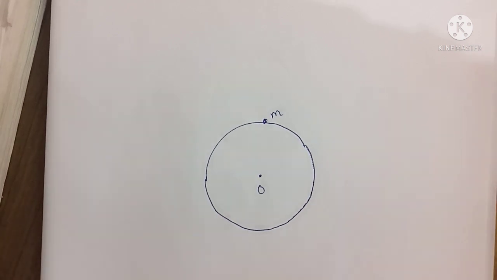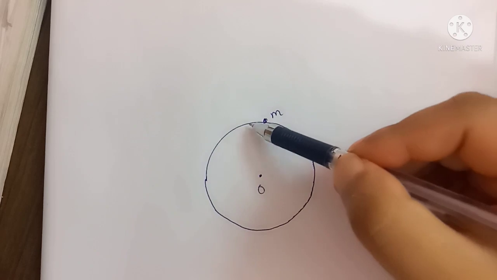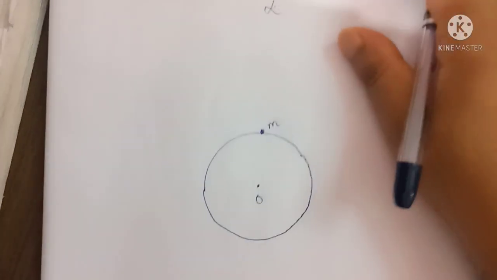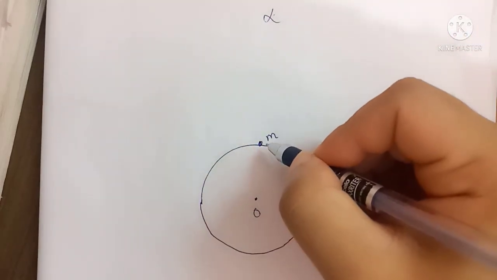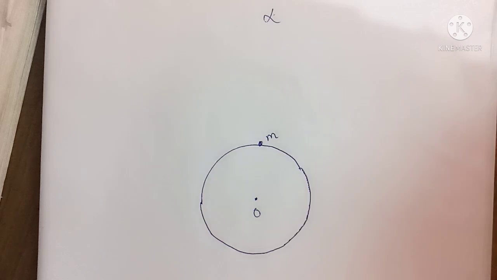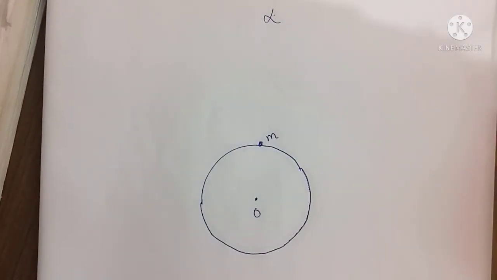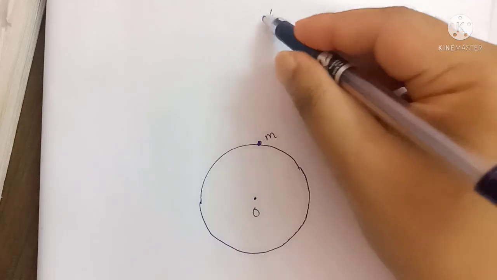Now, in order to take this object of mass m from the surface of the planet to infinity, suppose infinity is somewhere here, it has to be provided with sufficient kinetic energy at the surface of Earth in order to take it from this place to this place. That kinetic energy will do work. That work will enable the object of mass m to go from this place to infinity.